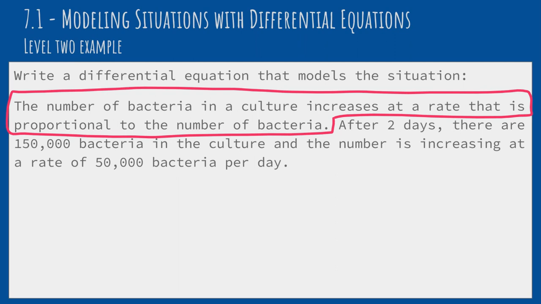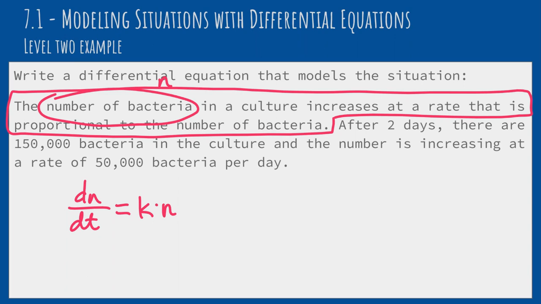So let's first set up a differential equation that models just that part of the problem. So I'm going to call the number of bacteria here. We're not told in the problem, so we can make it up. So the number of bacteria in the culture, I'm just going to call n. So the change in the number of bacteria in the culture with respect to time is going to be proportional to the number of bacteria in the culture. Okay, so we have this differential equation here, and that's modeling the situation with the growth of the population of